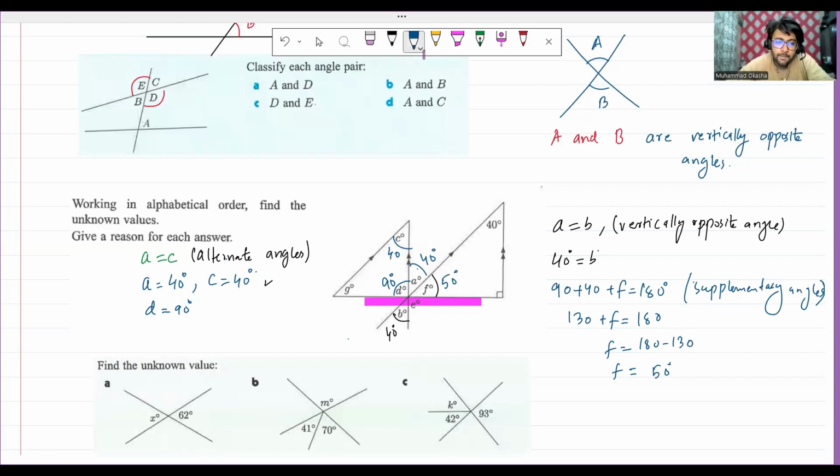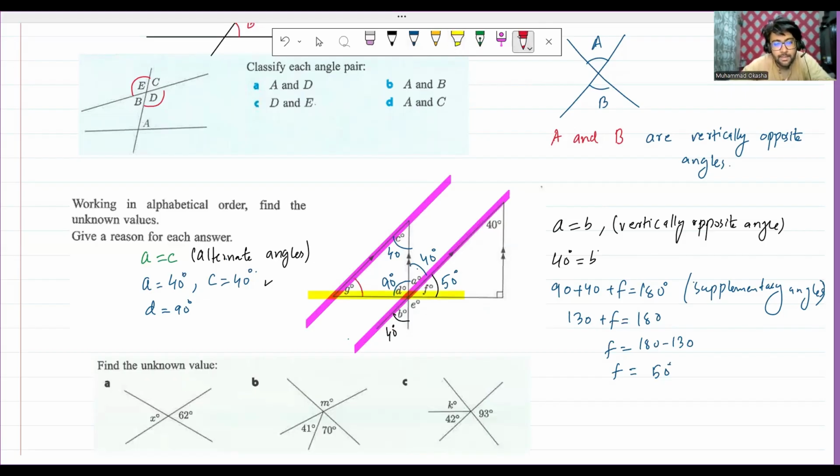What's left? Let's see. Now let's consider parallel lines one more time. This is a parallel line and this is a parallel line, right? This is a line parallel to this. Now, this horizontal line is a transversal, right? This is a transversal. Then